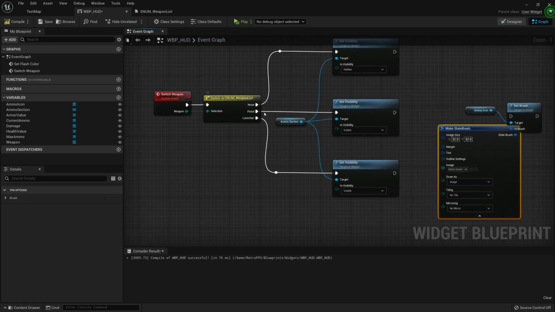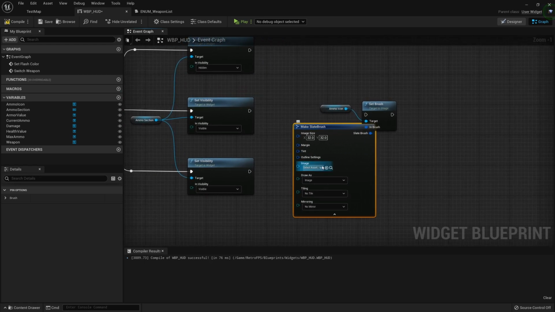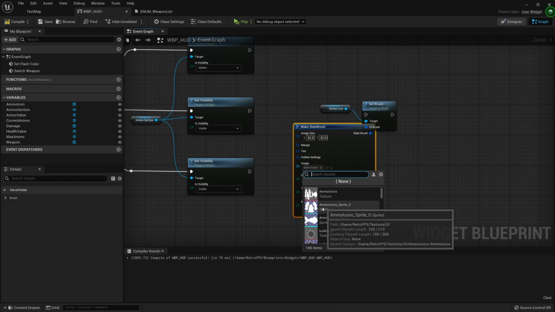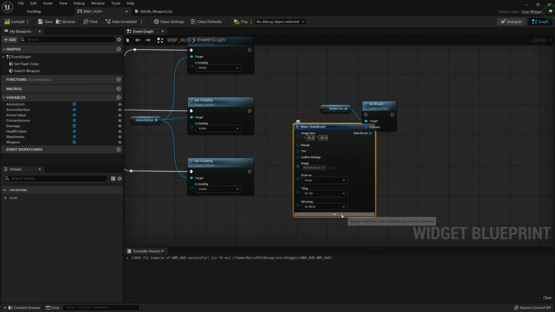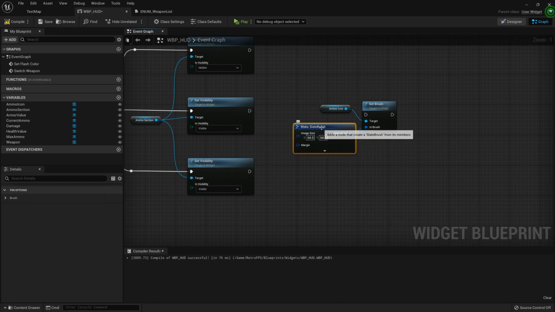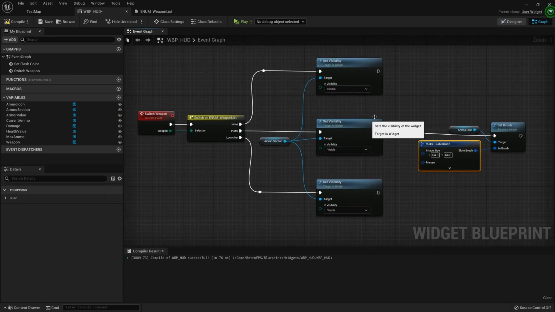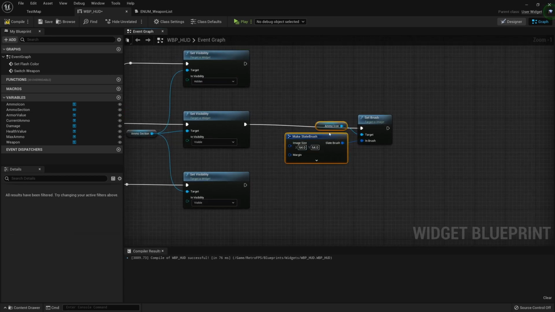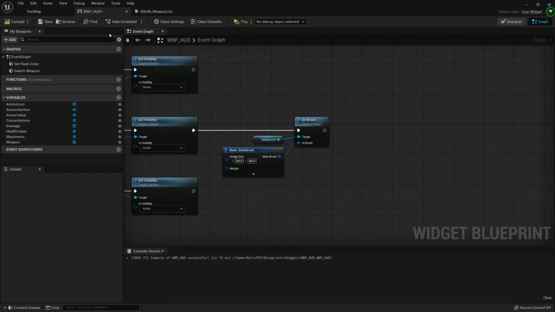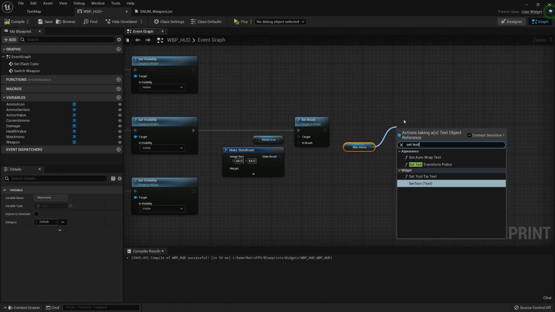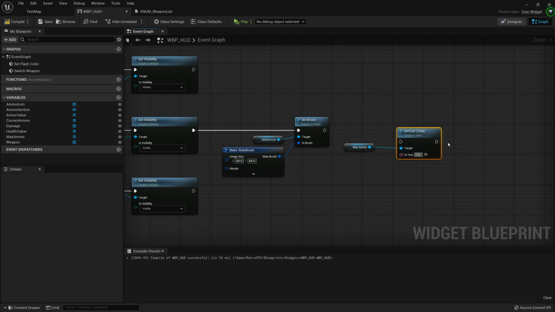And since this middle one is a pistol, we're looking for the bullets icon right here, and the size will be 64 by 64. And then we can click that arrow so it drops back down, and then that will be set right after we set the visibility for the pistol section. And then lastly, we need to set that text of the max ammo to be 250.